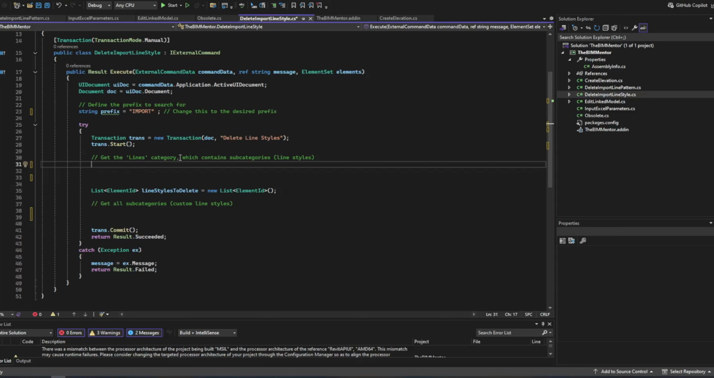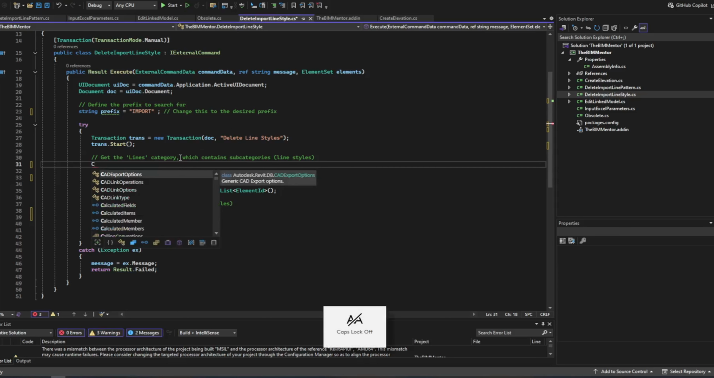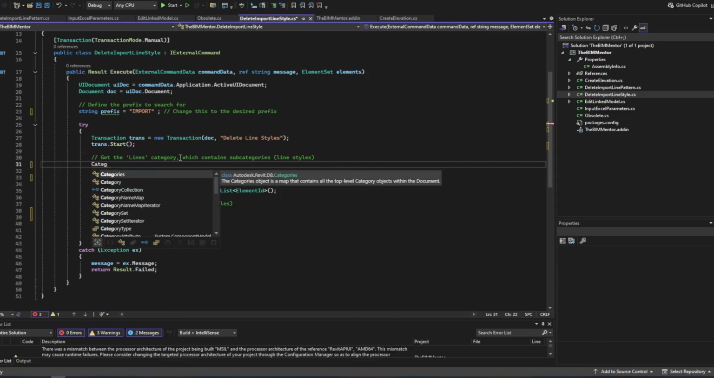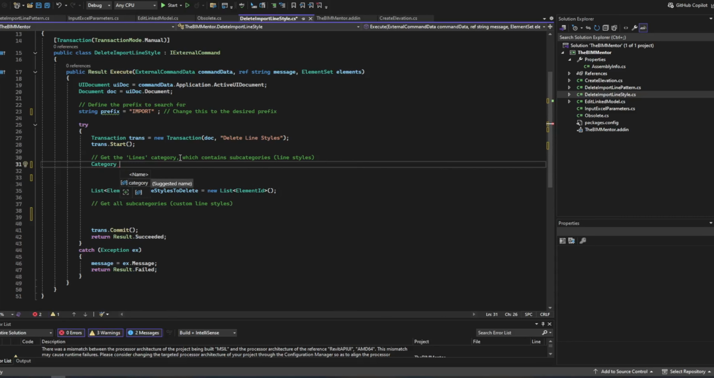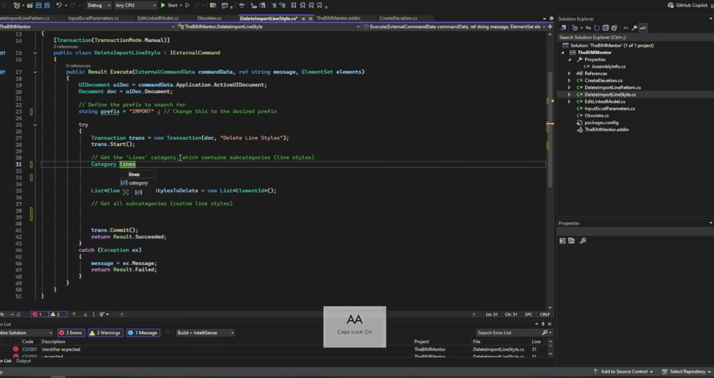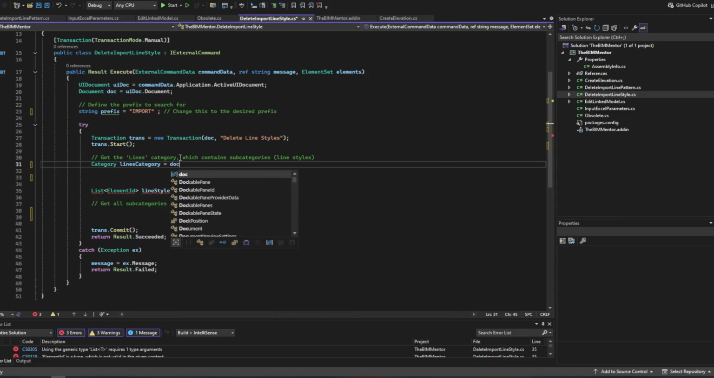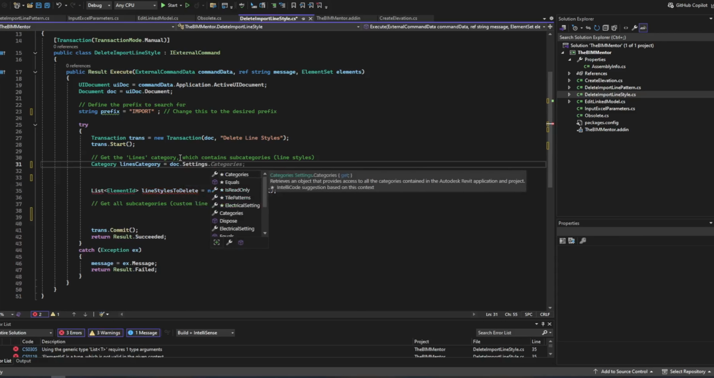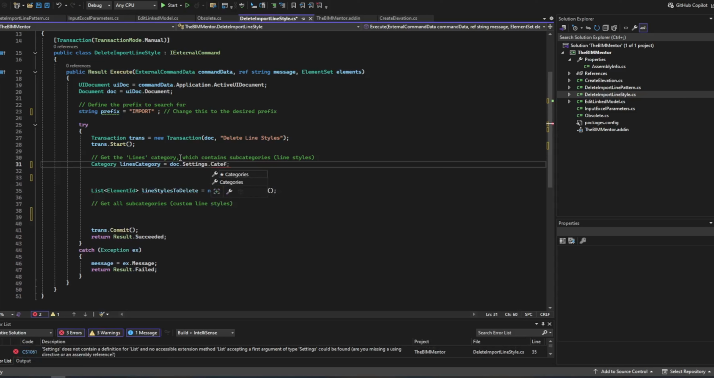So we'll go with category. As always, with C#, you declare before you start your variable. Lines category. And then you want to access the settings inside the active document. So doc.settings,